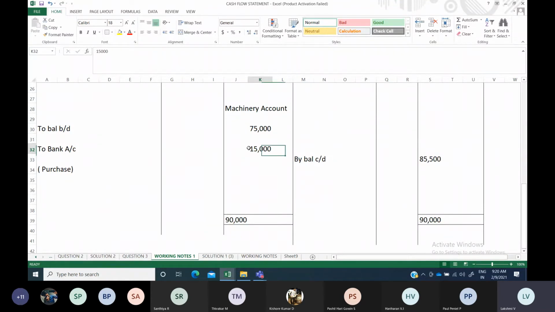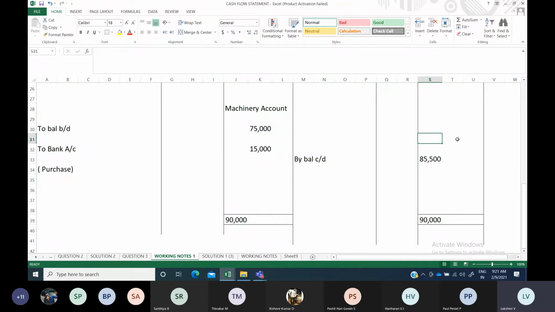Usually depreciation information will be given to you. If depreciation information is given, you will take it on the credit side. Okay. Depreciation, sale, all those will come on the credit side. Purchase only will come on the debit side. Additionally, if you are purchasing any machinery, it will be coming on the debit side. Now on this side, the higher amount 90,000 I have written on both the sides. Now with this 90,000, if you subtract this 85,500, you will get the balancing figure that you can either consider as a sale.